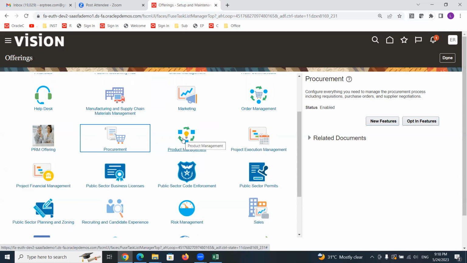And later they introduced the order management application. If you are going to implement SCM, supply chain management, you have to enable order management, you have to enable product management, you have to enable procurement, so that these three you can select into your implementation project so that you can implement SCM, supply chain management.